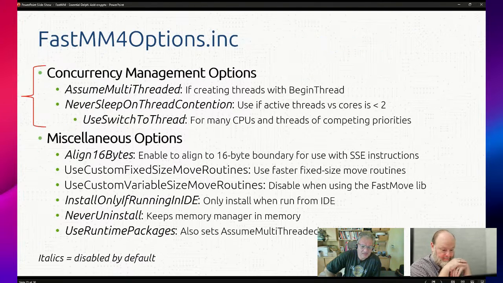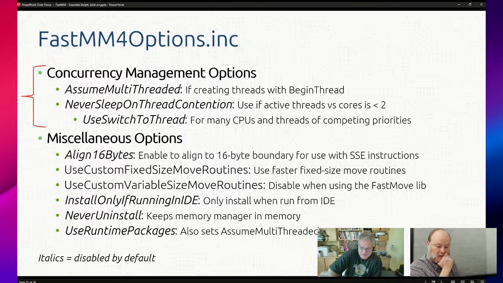Yeah, it has this use custom fixed size move routines. You actually wouldn't want to enable this if you are using Delphi 12. Approximately at that time, Embarcadero implemented new move routines in the RTL, and they are much faster than those that are 20 years old.